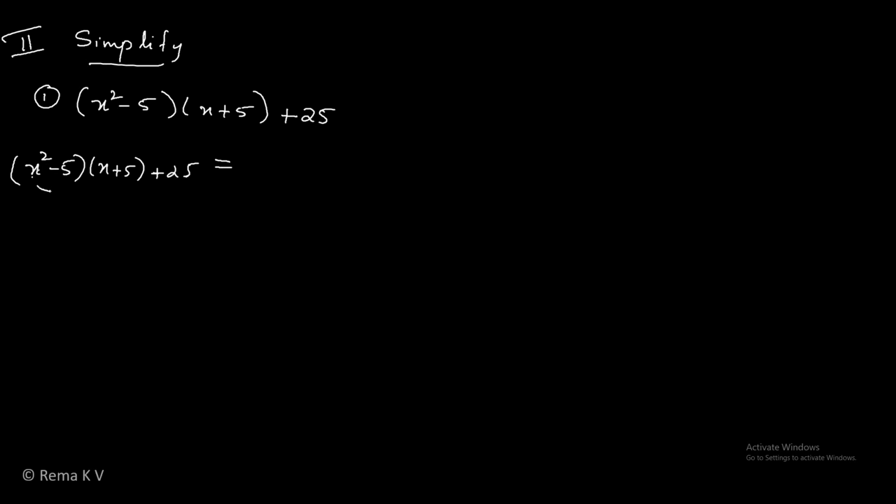So first we have to multiply these two, x square into x plus 5, then minus 5 into x plus 5, minus 5 into x plus 5 plus 25. The last term given here is plus 25. So this is equal to,